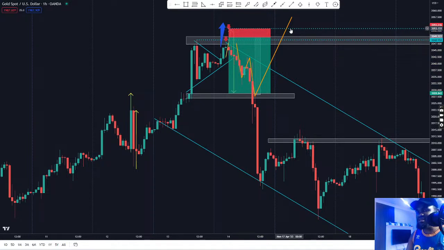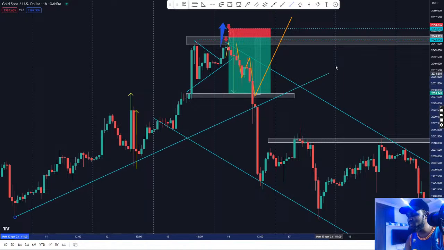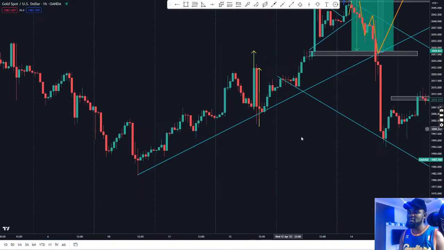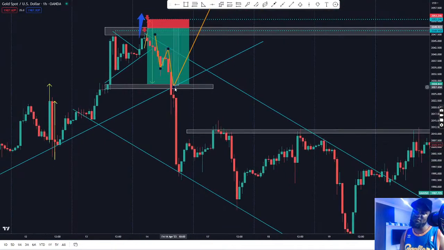Why do I say that? It's simply because they can respect this trend all the way. That's why before I was drawing this trend. So they can respect this trend from reaching. When they reach here, then they can continue going up. But